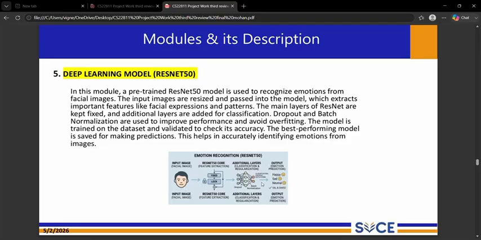Transfer learning allows us to utilize previously learned image features, improving training. Additional layers, dropout, and batch normalization are used to enhance performance and prevent overfitting. So this is the best performing model for making predictions, and it also helps in accurately identifying emotions from images. That's it for deep learning.